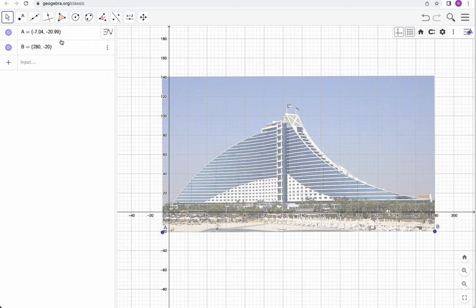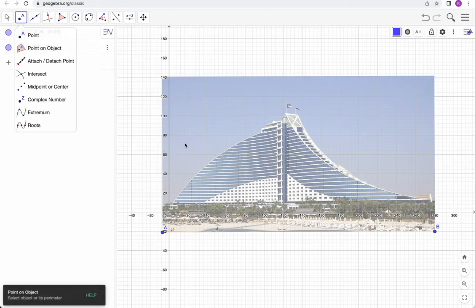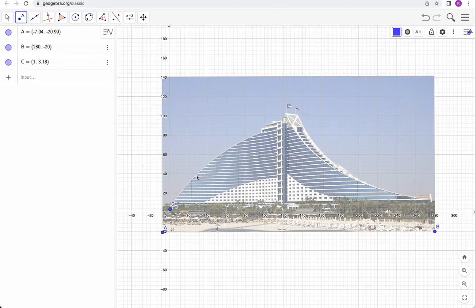Right, so you may have seen me before, guys, do this. I'm going to get points. I'm going to put one here. I'm going to put one here. I'll put one here. I'm just doing every 20 for no particular reason. Okay, let's say there. So what I'm actually going to do is I'm going to do two functions, or like a piecewise function. So the first one from 0 to 120, and then the next one from 120 to, let's say,